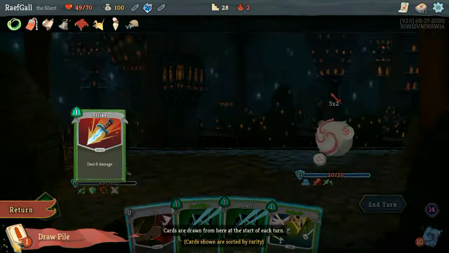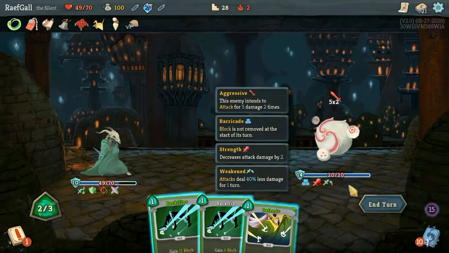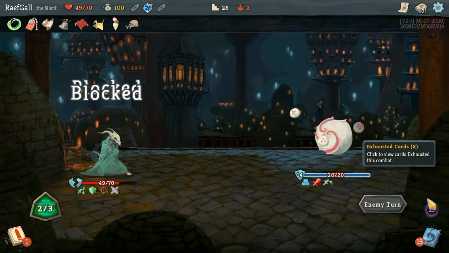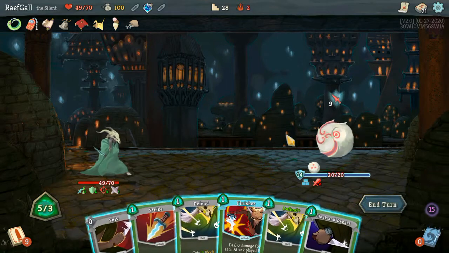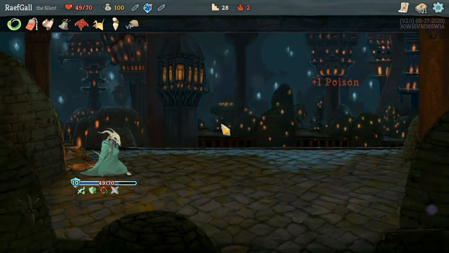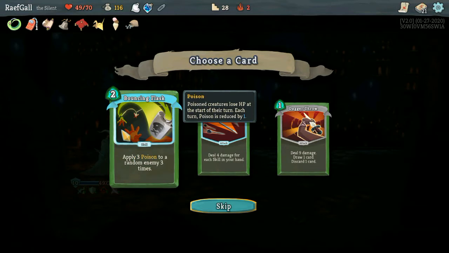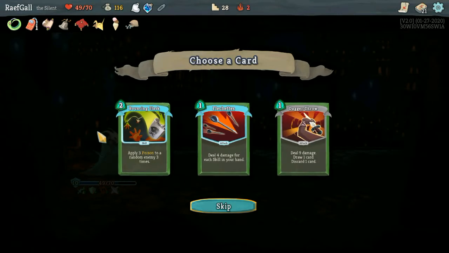Strike. It's our last card. Just a strike. I think we leave it. Carry over 2 energy this time. We're going to be reshuffling our pile. And that's what I was wanting. So Shiv, strike, finisher. Or damage for each skill in your hand. Neither of those is really what I'm...